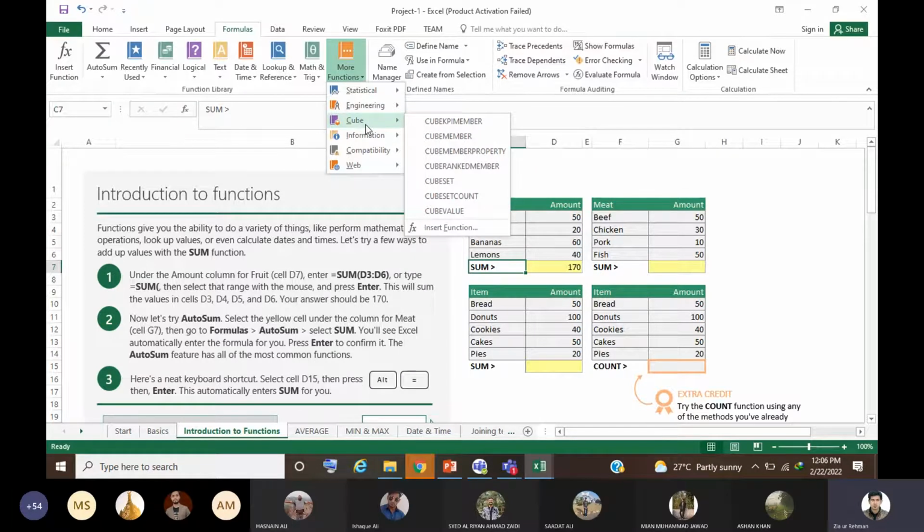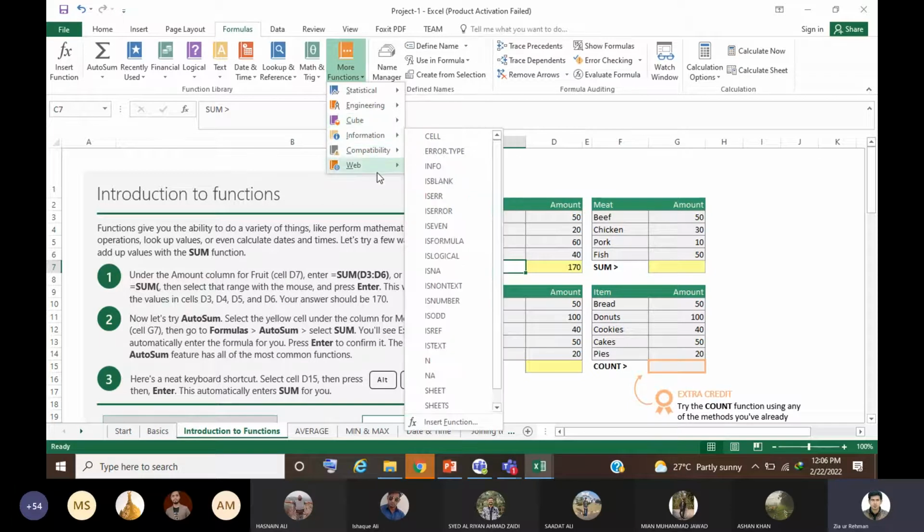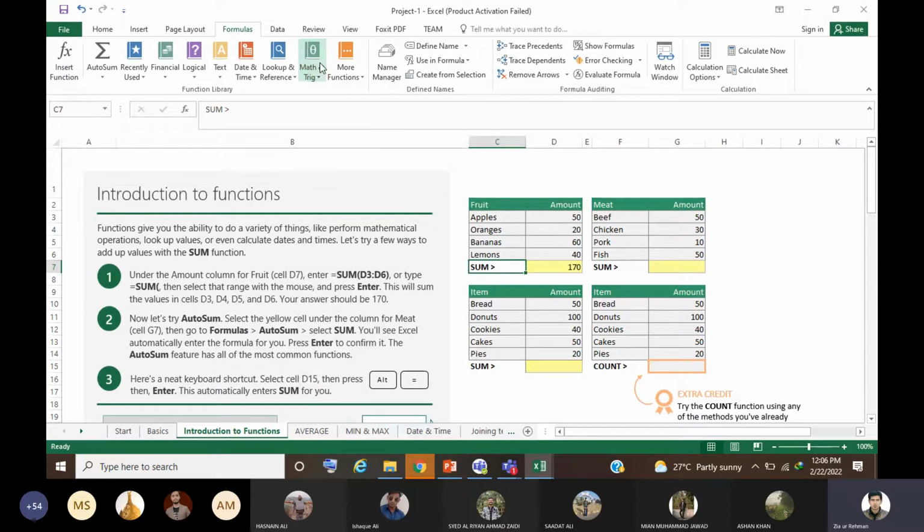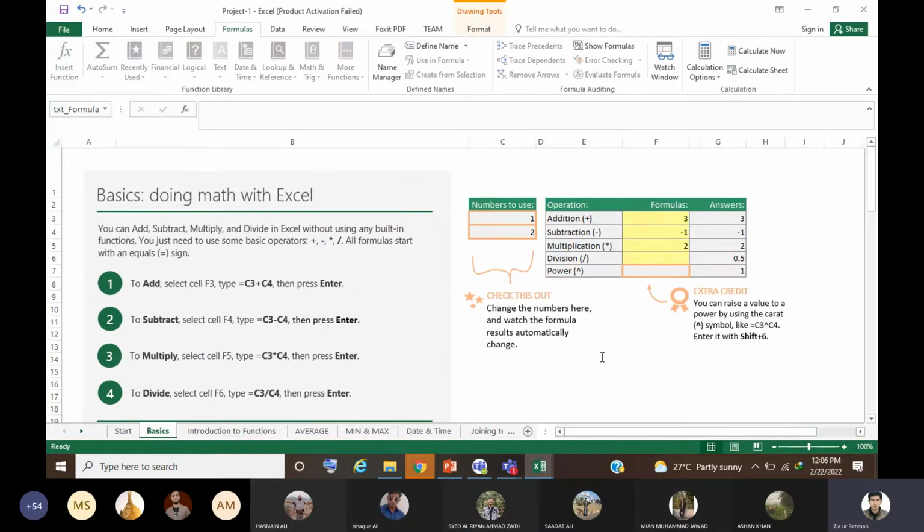Instead of applying formulas, you could directly use these functions. So similarly, other functions are given. Mostly you're going to use the absolute, mathematical and trigonometric functions, the summation function, or the logical statements. Most of the time, these three functions pertain to you. One way is that instead of using a function, you just apply the formula, or instead of applying the formula, you just use the function. So now it depends on you what you want to do.